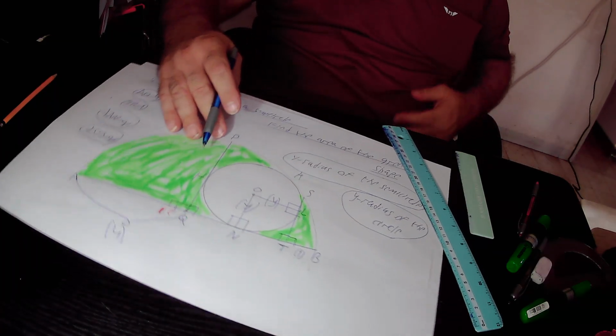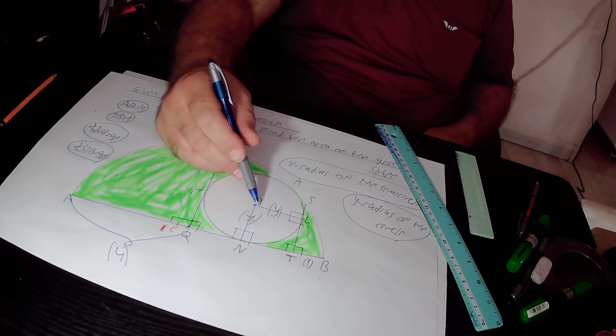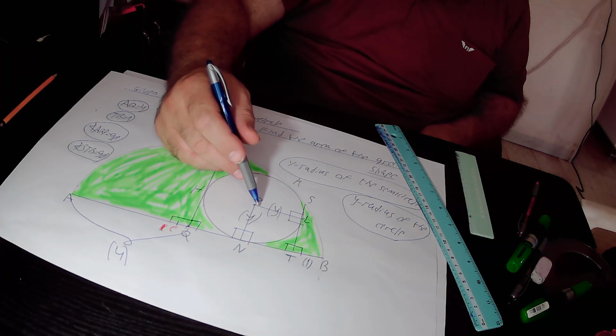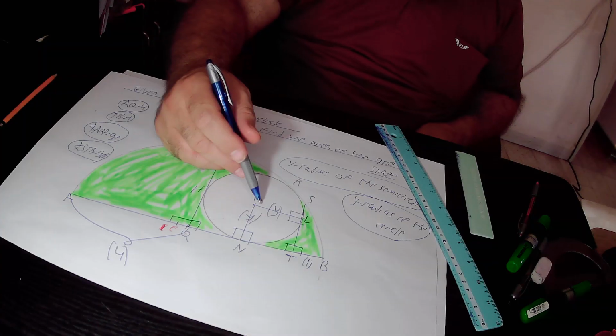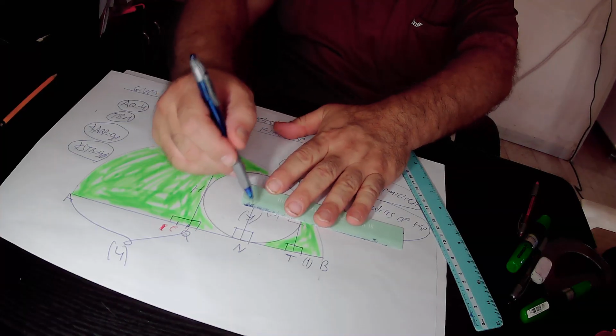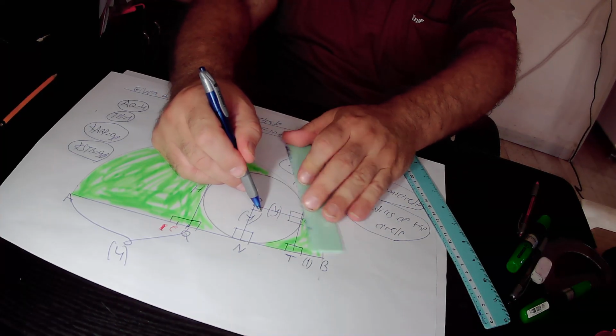So 270 degrees plus the size of this fourth missing angle, in total they must be equal to 360 degrees, according to the rule that the sum of the angles in any quadrilateral is equal to 360 degrees. And therefore this fourth missing angle must be equal to 90 degrees in its size. So in quadrilateral